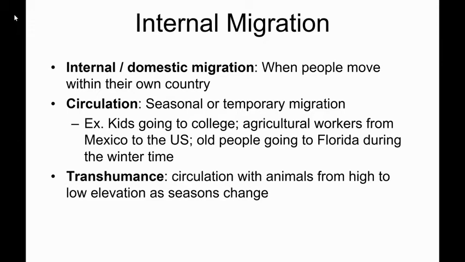So, for example, the example I'm going to use is I'm a yak herder in Nepal, and in the summertime, my yaks get really hot, so I take them up high in the elevation in the mountains of the Himalayas, where it's nice and cool. There's grass growing, there's freshwater spring runoff from the mountains. And then, at some point it's going to get too cold. So then I go down in elevation during the wintertime to where it's a little warmer. And then the next summer I go back up in elevation. I keep going up and down and up and down. And that is called transhumance circulation.